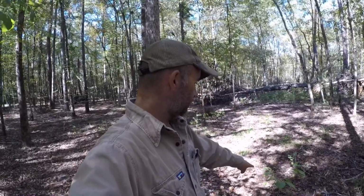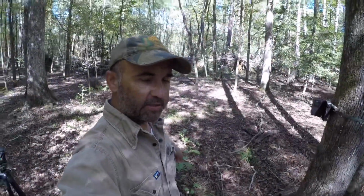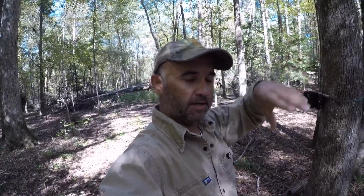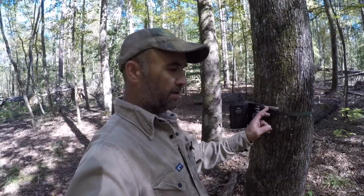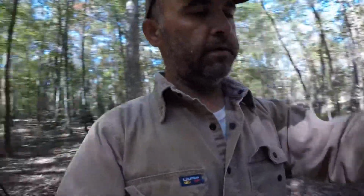I'm just going to set it right here for now. See how it does. I've got some limbs I need to trim, because it'll keep setting the sensor off and then just run the battery completely dead. But if you notice, I always set the camera on my chest right here, on these Bushnells, it always seems to work best in this area of my body. Some people set it up higher and tilt it down. Well, this is just how I've always done it, and I usually get pictures out of it like I really want to. But now I'm setting everything up on video, and so I broke my tripod. I've got to get a new tripod. But anyways, I always put a stick back here to really help secure this, and I'm gonna set this on, and we're gonna go and get